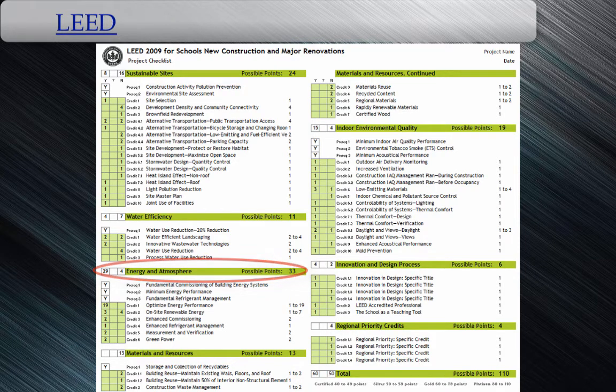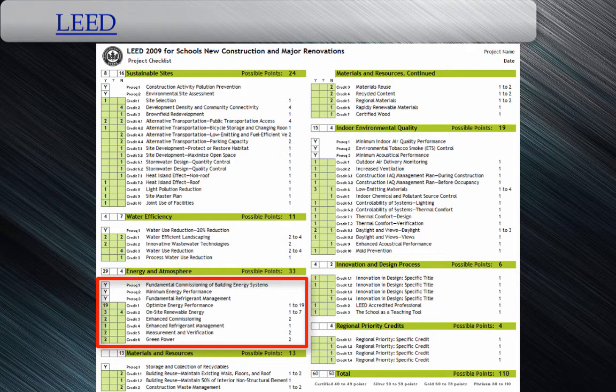With a total of 29 points, the active chill beam thrived in credit 1, optimizing energy performance by reducing operation costs by an amazing 80%, which awards us 19 out of the 19 points. The remaining 10 points were acquired by our implementation of solar panels, which accredited us 3 out of the 7 points in credit 2, on-site renewable energy, and the fact that we were able to use water as a coolant